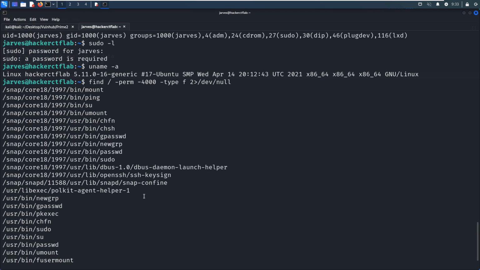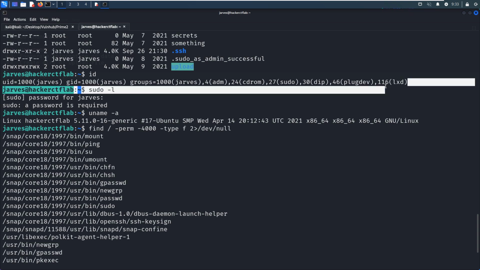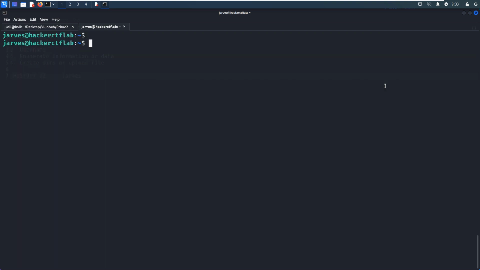So next, I think it would be unnecessary to navigate across some directories like opt, like var, because just as I mentioned earlier, we can utilize the membership of the LXD group. So how to do it? I think we have already demonstrated this technique many times, but this is a very important technique, so I will be glad to demonstrate it again in this video.